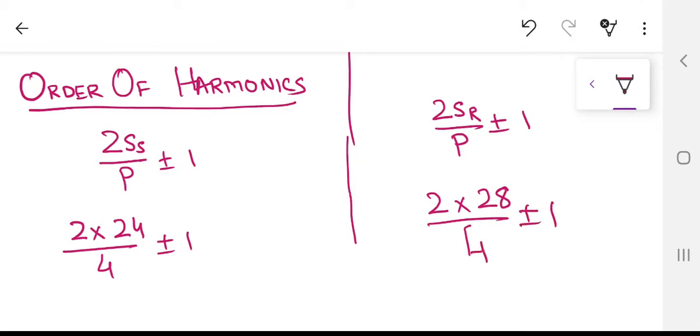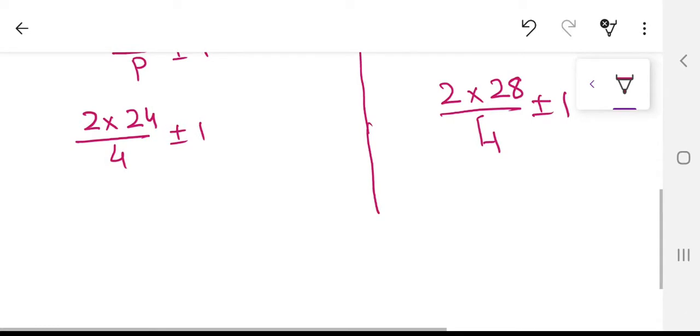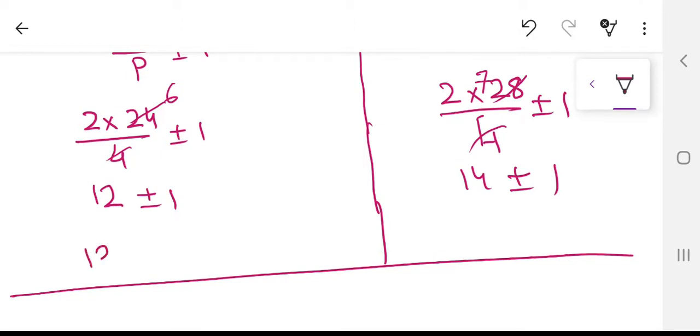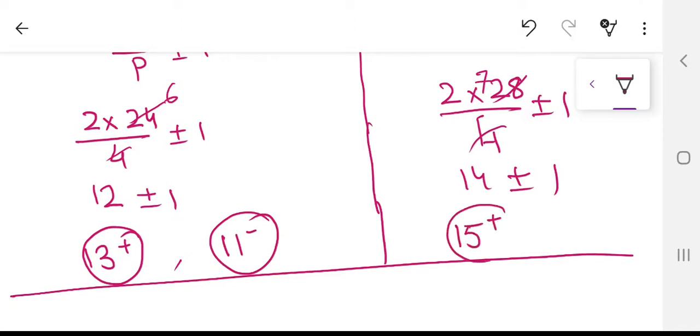We did this in the last lecture, but I'm doing it for those who are still lagging behind. So this is 12 plus minus 1, and in this case 14 plus minus 1. On the stator side, this gives the 13th harmonic, coming from the positive sign, so it is a positive direction harmonic, and 11 has a negative sign. On the rotor side, it is the 15th, and the 13th for the negative sign.